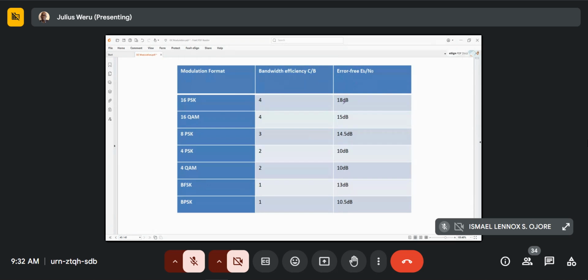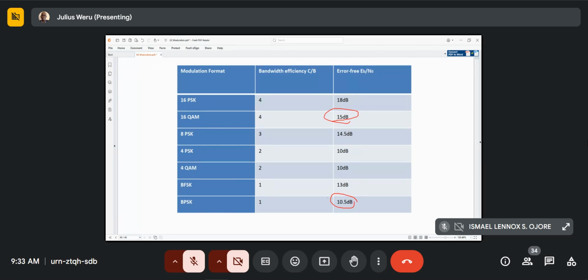The better one is the one that requires less signal to noise ratio for error free. So for this to be error free, you need the signal to noise ratio to be 18 dB. Very, very high. It means it's susceptible to errors, and it makes sense. 16 QAM, you require the signal to noise ratio to be 3 dB lower to get error free. But you can't do as well as this